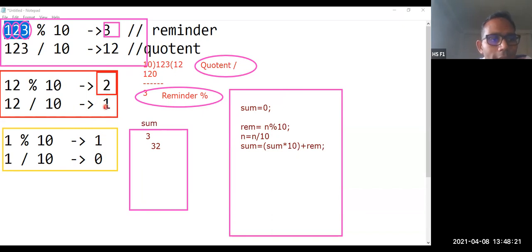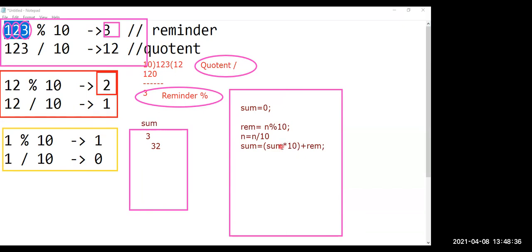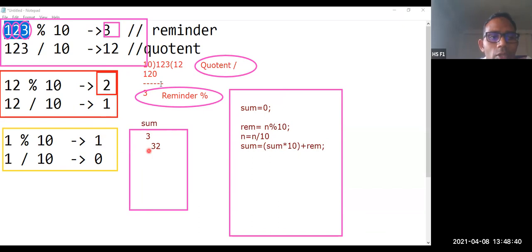So n value is 1, and 1 % 10 equals 1. Then n is equal to n / 10. Sum is equal to sum into 10. What is the sum value? 32. 32 into 10 is 320, plus the remainder, that is 1. So you are going to get the result 321, which is the reverse.